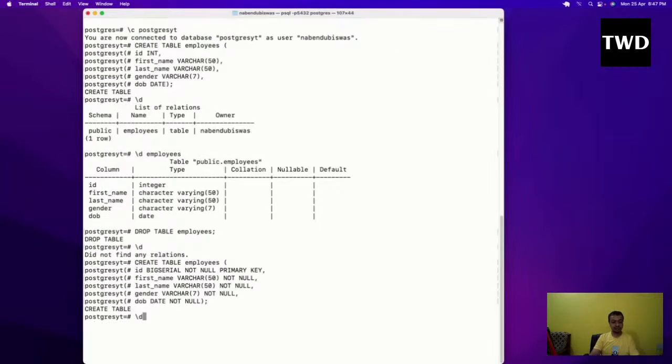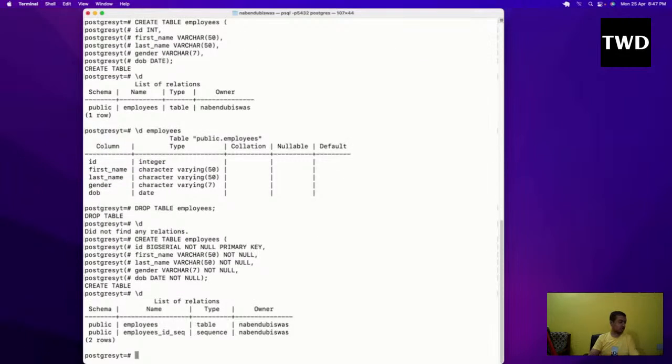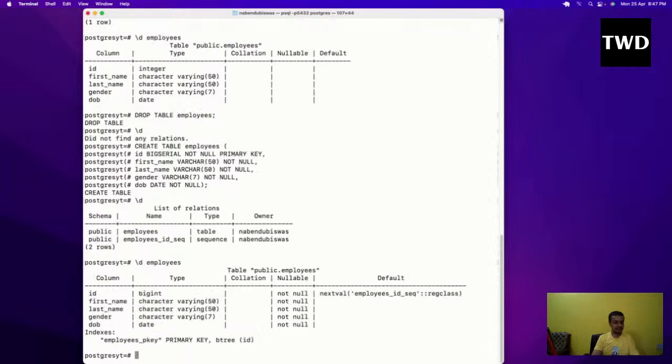So if I do a slash d, see this, it is showing that two things are created: employees and a sequence. This sequence is actually created because I've given the ID as a big serial, so that's why it is created. So now I will do a slash d employees,